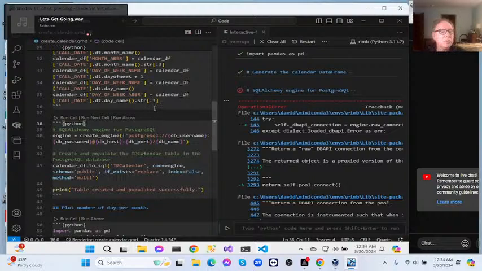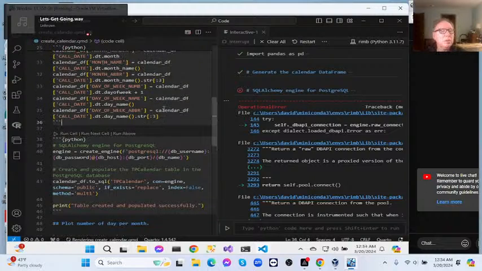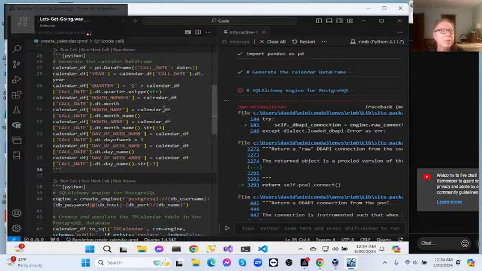Let's do, the data frame is called what? Counter DF. Let's just come down here and do a quick